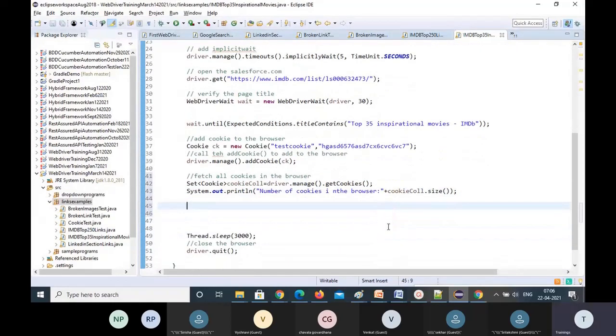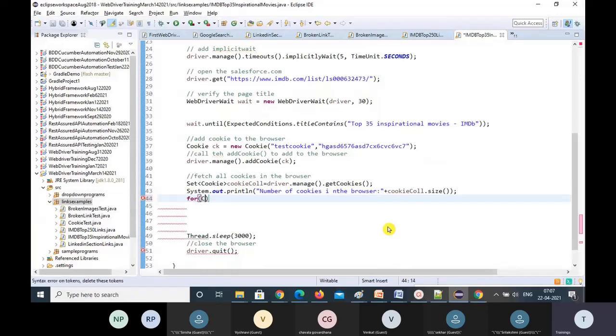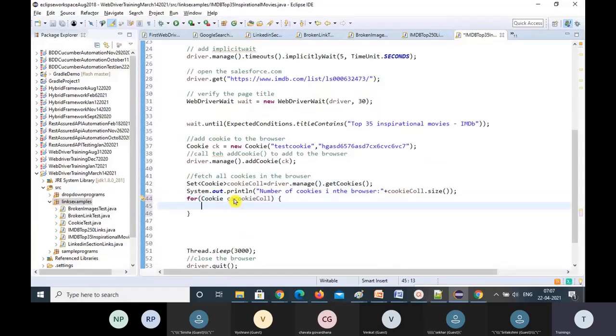Then you can use this collection to print all the cookies. Now I'll take a for each loop. The data type of the cookie collection is Cookie, so Cookie c colon the collection name. You just give the collection name and iterate it. And you can get each cookie name. I'm going to print each cookie name.